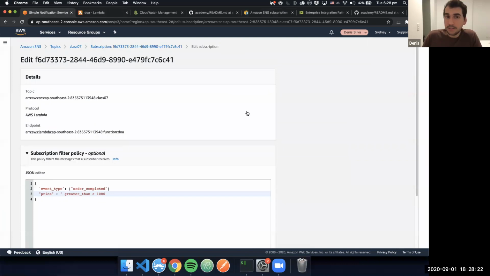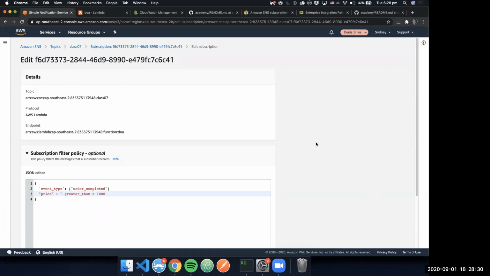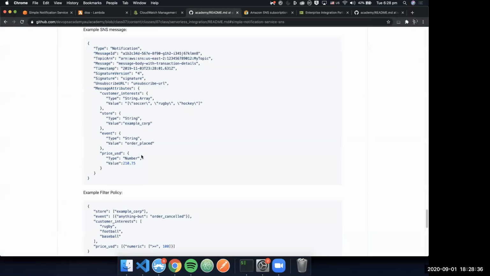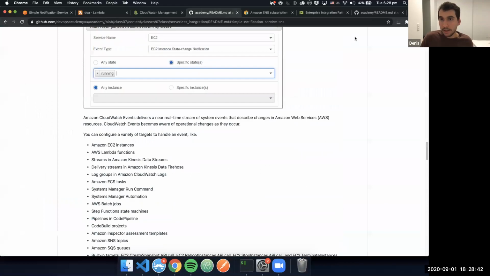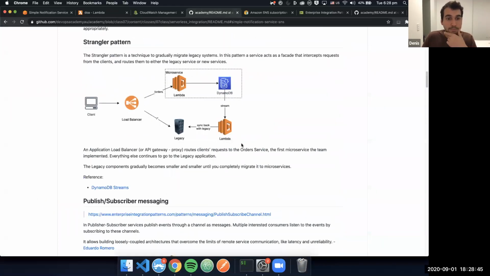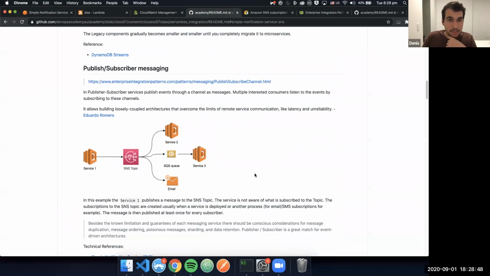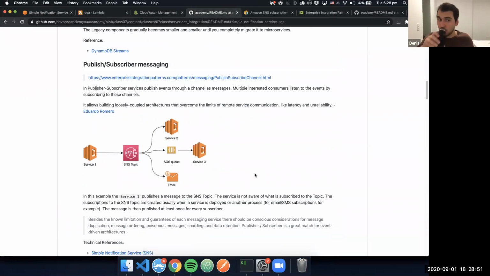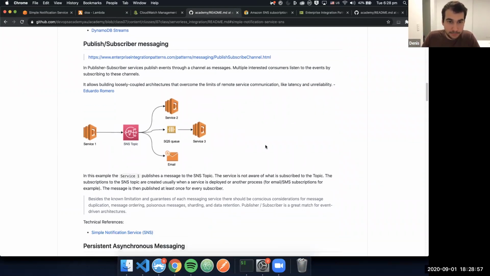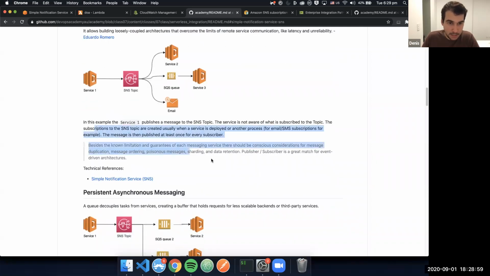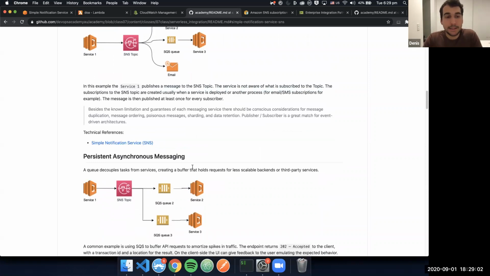I think that's it. Any questions about SNS? No, good. So, scrolling up again, we were in the publish subscriber messaging. So in my example here, I have a queue as a target as well. So moving on, next pattern,